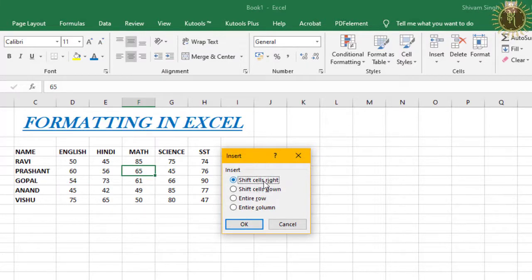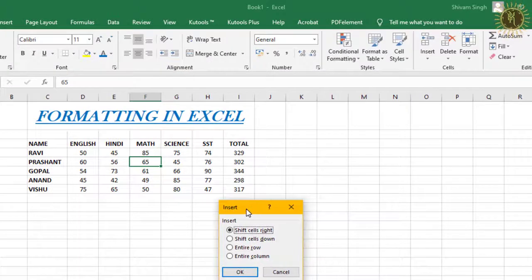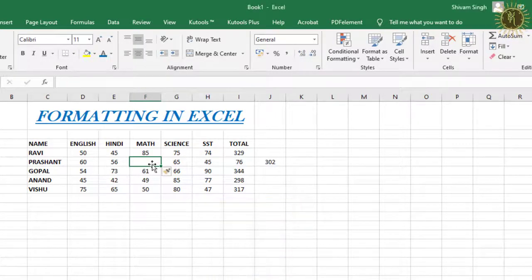The shift cells right option will shift the data of this cell to the right side. After selecting this and clicking OK, you can see the data of this cell has been shifted to the right and this cell becomes empty, meaning the new cell has been inserted here.